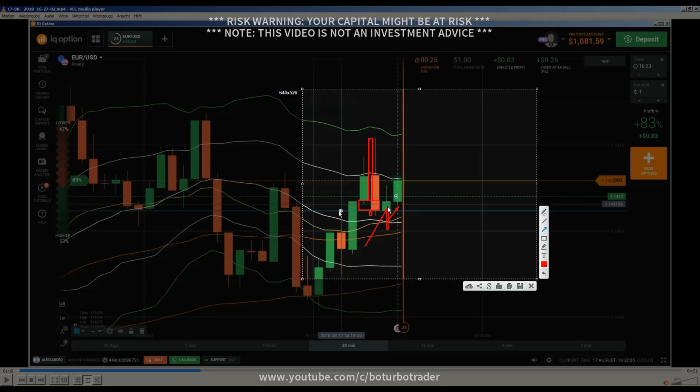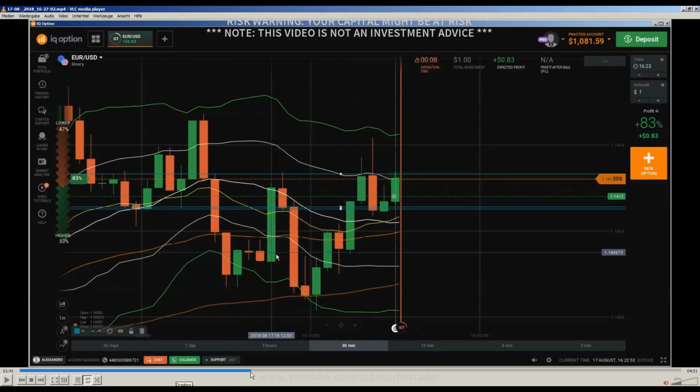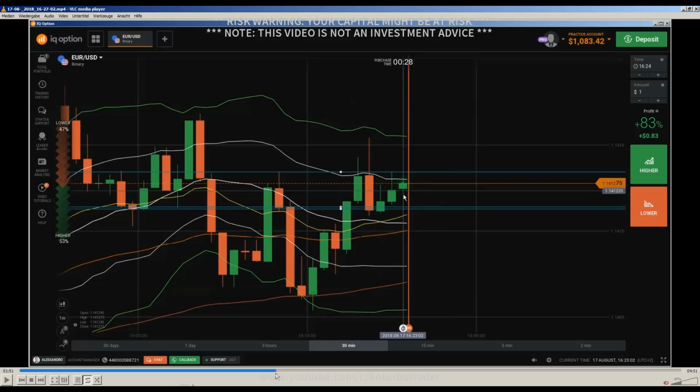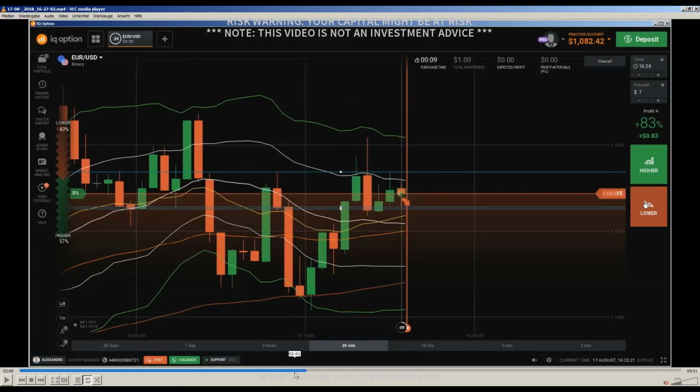If it would be a strong candle anyway, yes, you could have done a put, if this would go down, because we are here in a ranging market, but in this case it was a pullback, and that's the reason why I entered here into a call. So let me put it forward. So we won't lose too much time. And then I'm entering here into a put, yes, because that is what I have explained often